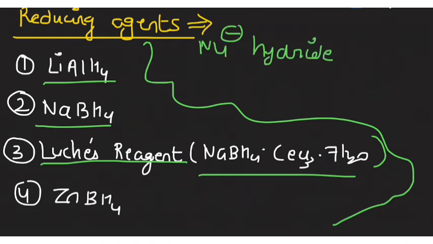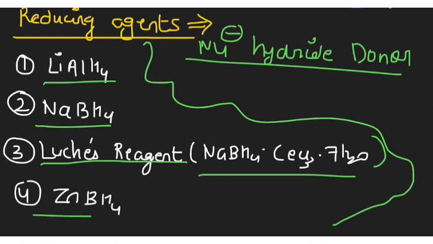donors, and these are very important because these are frequently asked. Secondly, you should remember the chemoselectivity, that is, which part of the functional group it reacts with. Basically, NaBH4 can reduce aldehydes or ketones and cannot reduce carboxylic acid. You should remember all the chemoselectivity. This is where the examiner tries to trap you. This will come with practice, and I will be bringing a practice series also very soon. Very important reagents.